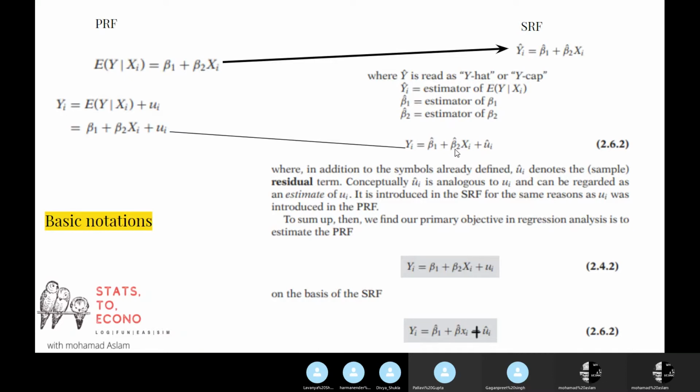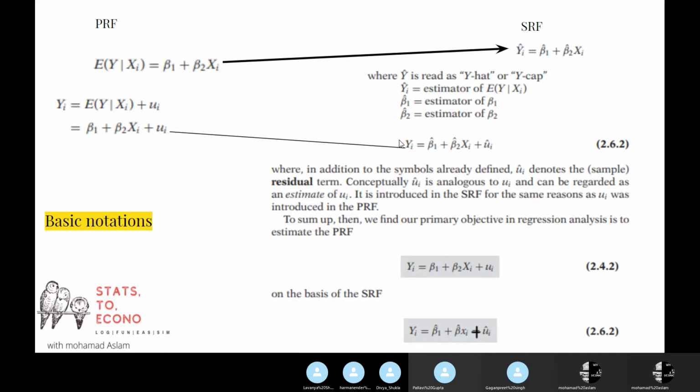And if it's sample statistics, now there is a difference you can see here: this y hat is actually the estimated value based upon sample statistics. Now here you have beta 1 hat, then beta 2 hat, and now we are adding the residual term. So if you add the residual term in the sample statistics,